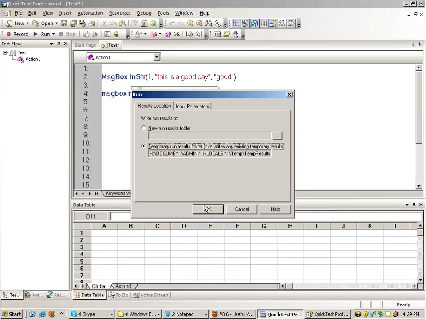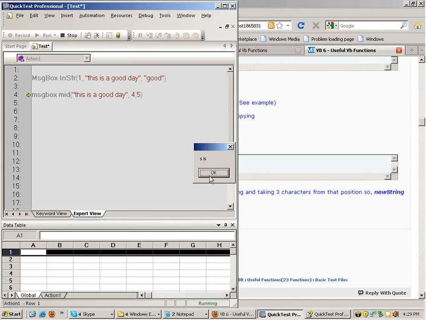If I run this from the step, this will print "s is". So it will print the 5 characters after the 4th character. The 4 over here means that from the left side, move 4 characters, and 5 means get me the 5 characters after those 4 characters. This is what it does.